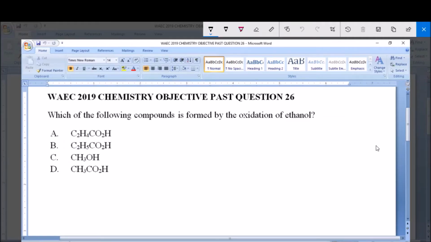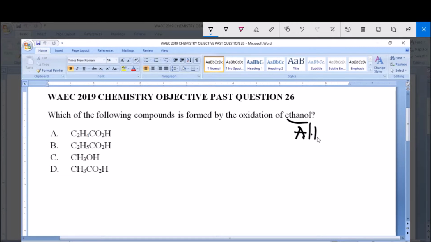Hello, I'm going to be answering WAEC 2019 Chemistry Objective Past Question 26. Which of the following compounds is formed by the oxidation of ethanol? A. C2H4CO2H, B. C2H5CO2H, C. CH3OH, D. CH3CO2H. Now, first things first, ethanol belongs to the family of organic compounds